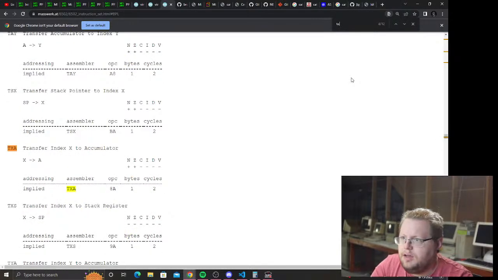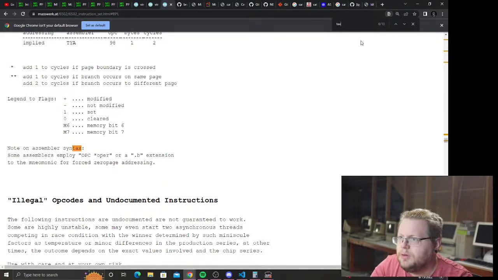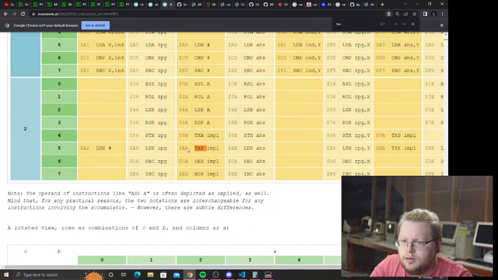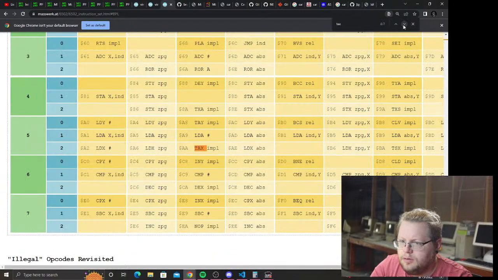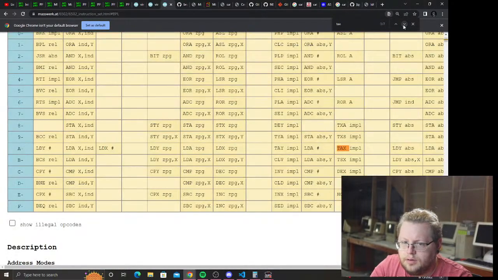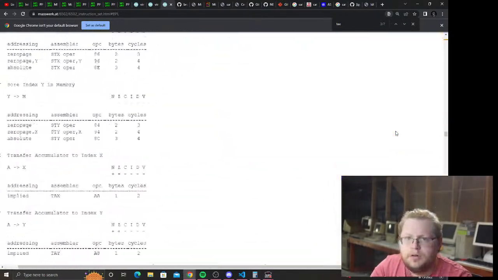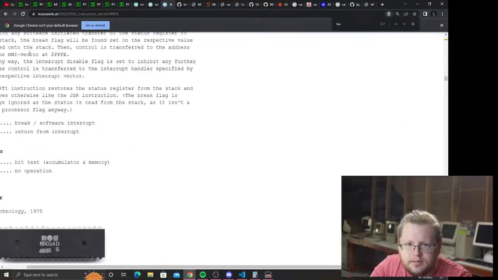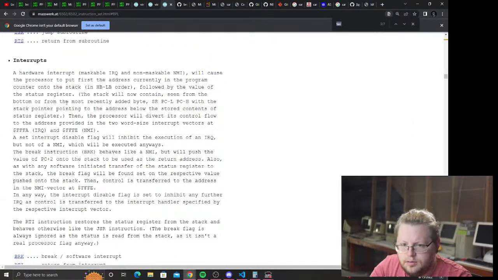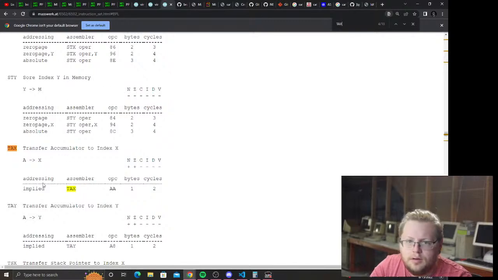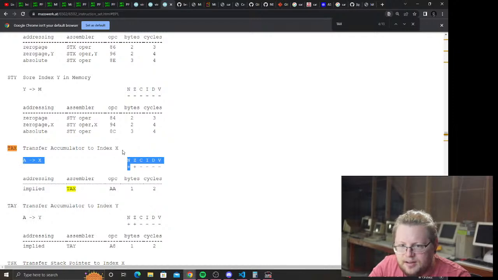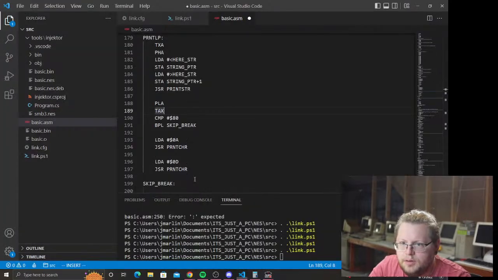Transfer X into A, transfer A into X. Hello? Hello? Transfer A into X. Transfer A into X, please. Good enough. It messes with the negative flag. You absolute bastard. You couldn't just make this easy on me, could